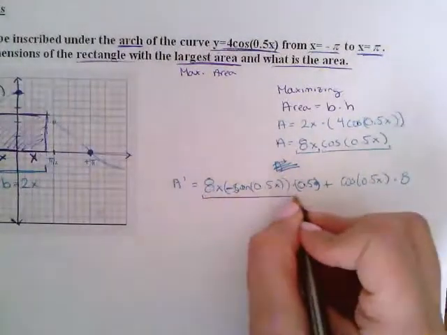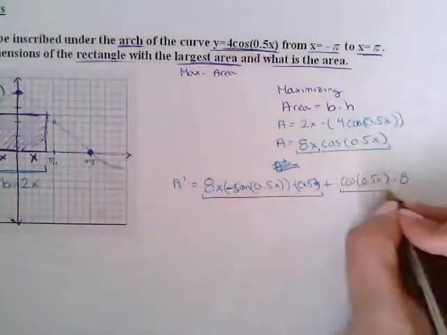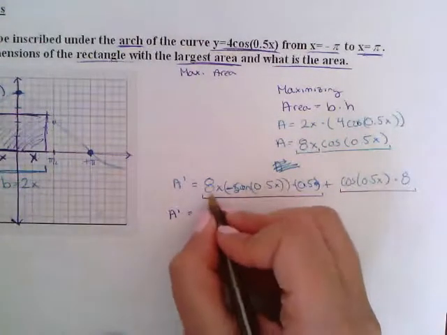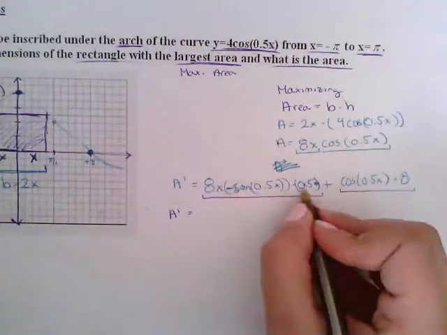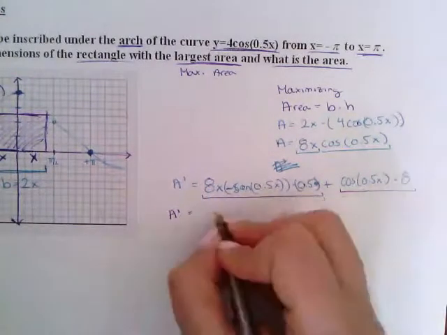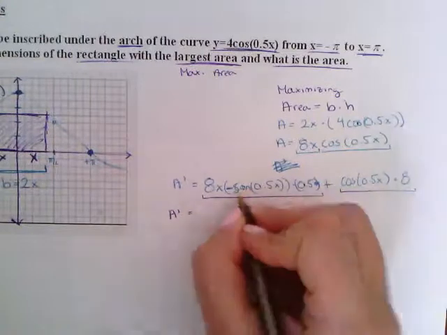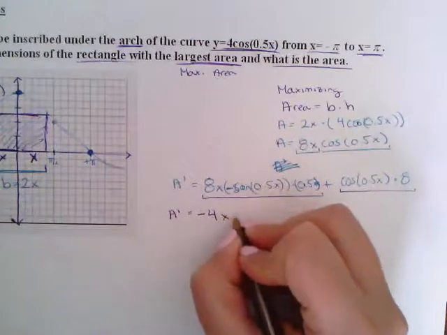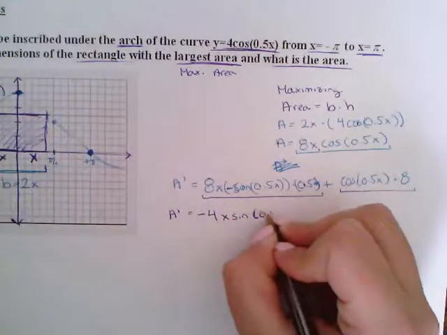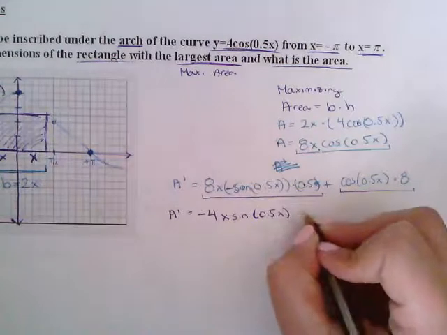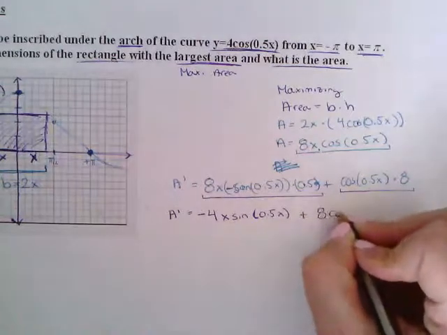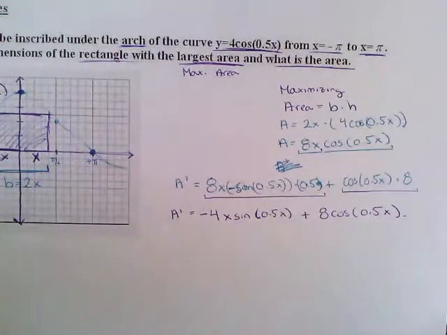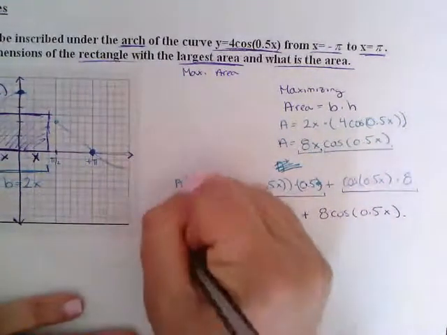Okay, once all of this stuff is being multiplied together and all of this is being multiplied together, right? So when you just clean this up, it's basically going to be, let's multiply the numbers together. So 8 times a half is going to be 4, and there's a negative here, so that's negative 4x sine of 0.5x plus 8 cosine of 0.5x. And then the next step is we